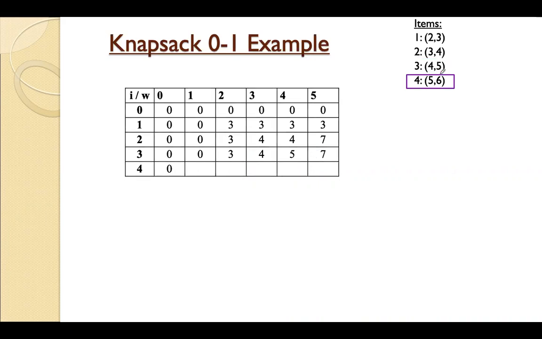Now consider fourth item. That means we will be considering all the items. So weight is equal to 1, 2, 3, 4, all the items will be the same itself. There are no changes here. When weight is equal to 5, I can either consider this item or 2 plus 3, these two items. But these two will lead to maximum profit. So I will not consider this fourth item. We'll retain that 7 itself.